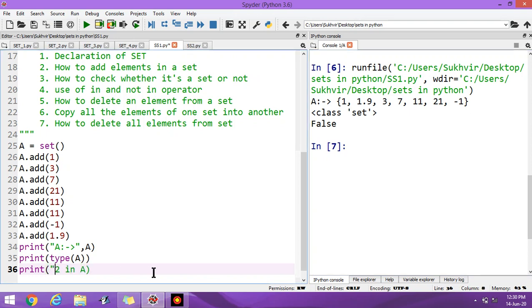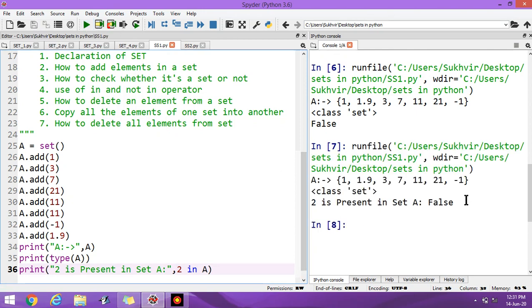You can write print 2 is present in set A like this. 2 is present in the set A, false.